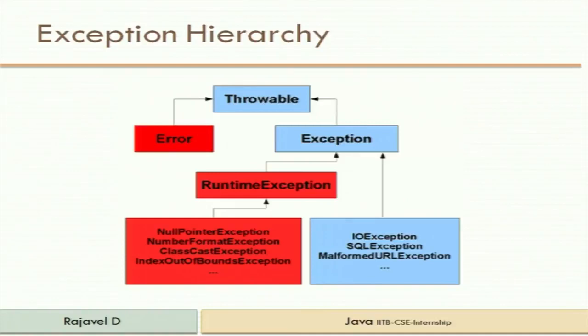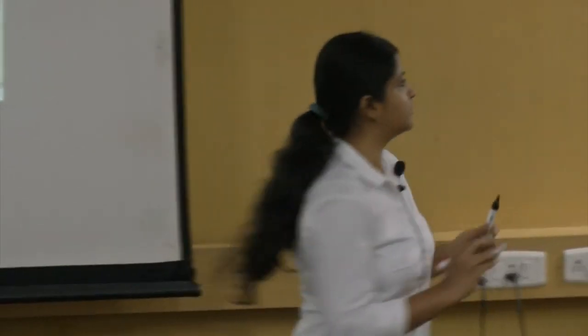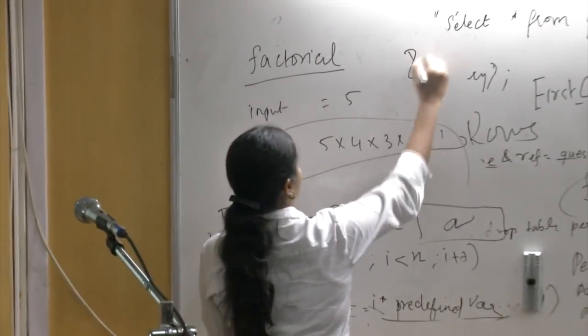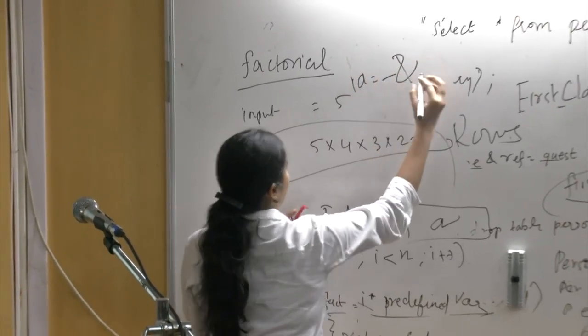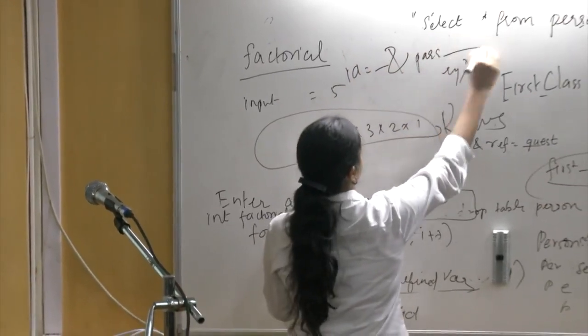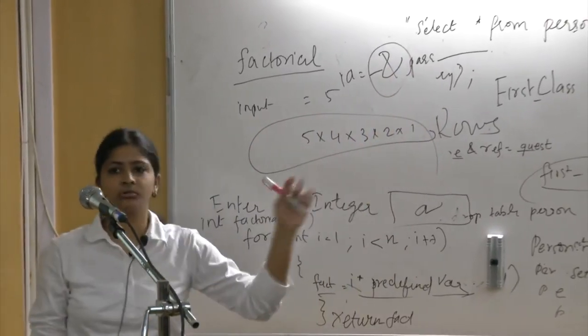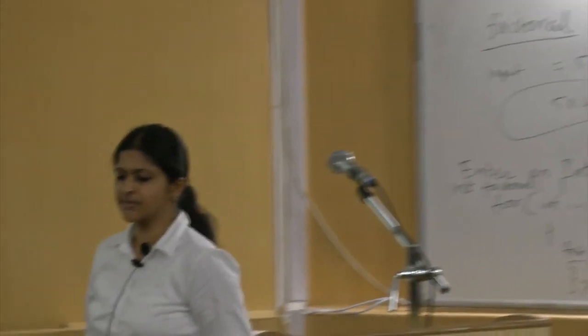IO exception, SQL exception, malformed URL exception, when you cannot fetch the variables in the URL. So have you noticed they generally use ampersand symbol to separate variables in the URL, and they say ID is equal to this thing and password is equal to this thing. They use AND as a delimiter in the URL, so you can pass things easily. That's why people use post methods instead of get in the HTML forms. So you don't have to see everything in the URL.